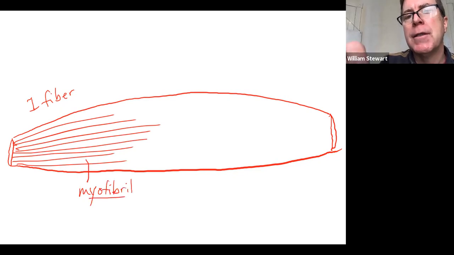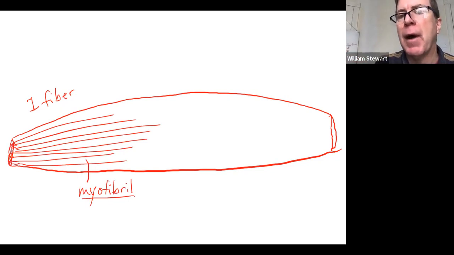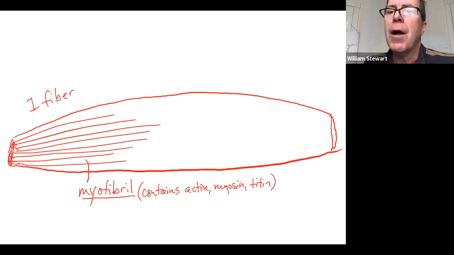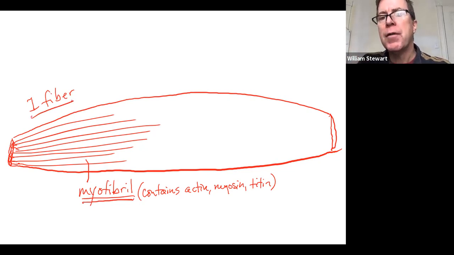A myofibril is a long tubular organelle that contains myofilaments. So it contains actin, the thin filament, myosin, the thick filament, and titin, the elastic filament. Now, if I take one of these myofibrils and I blow it up, remember, this is just one cell that we're looking at here. But if I take one of these tubes and I blow it up,